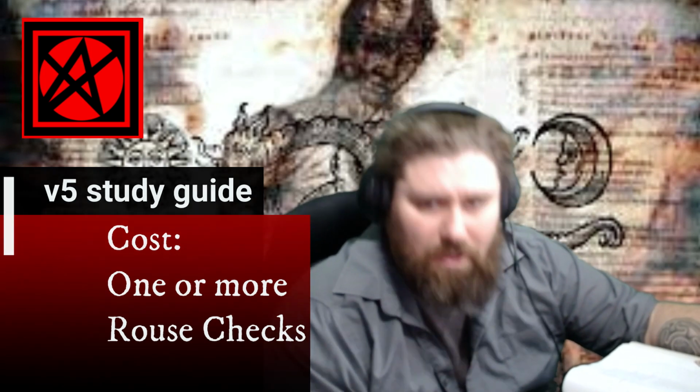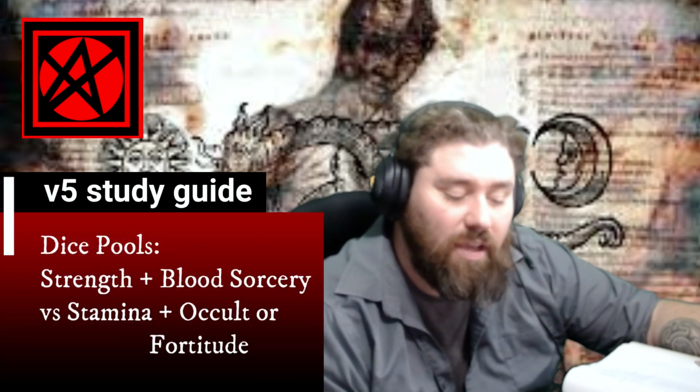The cost is 1 or more rouse checks, so this is going to be something that you can build on as you go. The dice pool is strength plus blood sorcery versus the stamina plus occult or fortitude of the target. And there that is again. The idea of someone who is not Tremere, who is not Banu Hakim, who does not have much need for occult, taking occult simply for defensive purposes on this one. I like the idea of people building their characters exactly what they should have, but without occult, this could very well end up being a very negative